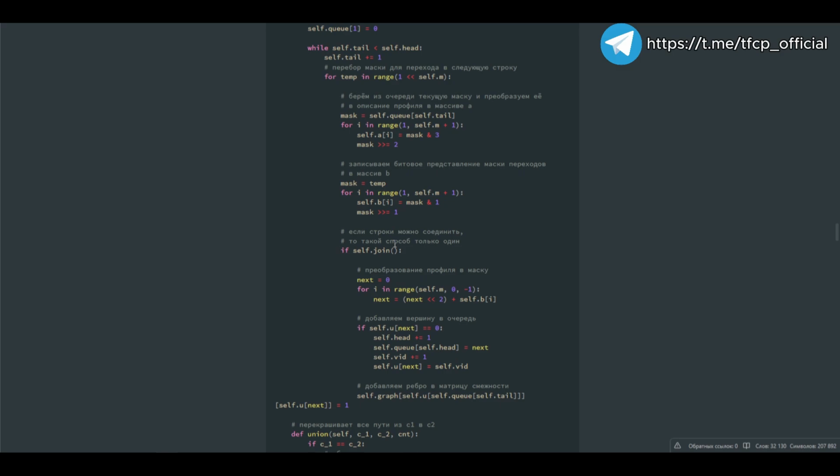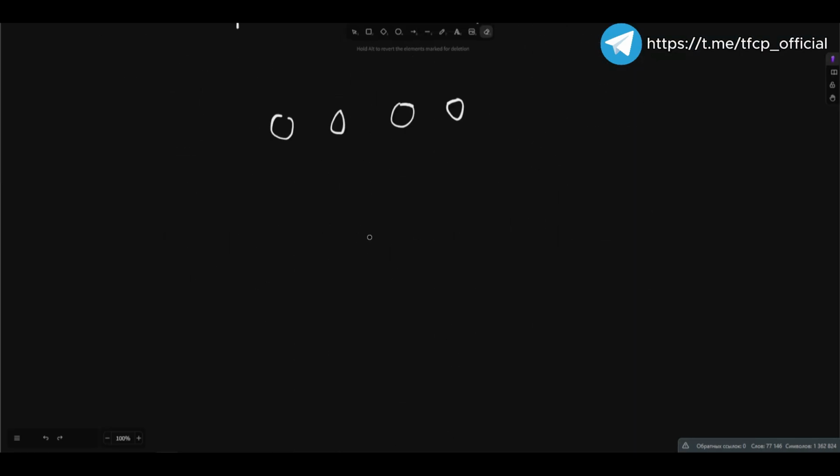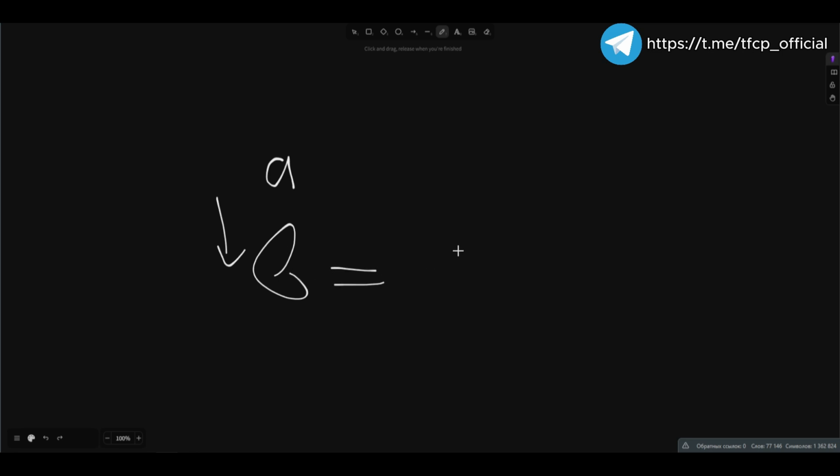When we add a new vertex to the queue, is there a possibility that we will revisit or examine this particular vertex again at a later point in the process? Yes, that is before this vertex was. That is, we are essentially considering two profiles, A and B, and we basically go from A to B. First, let's take our vertex U. Initially, it was equal to B, meaning we were trying to join where A is on top and B is below. Then, after we created this edge, we enter this vertex U, and now it will be